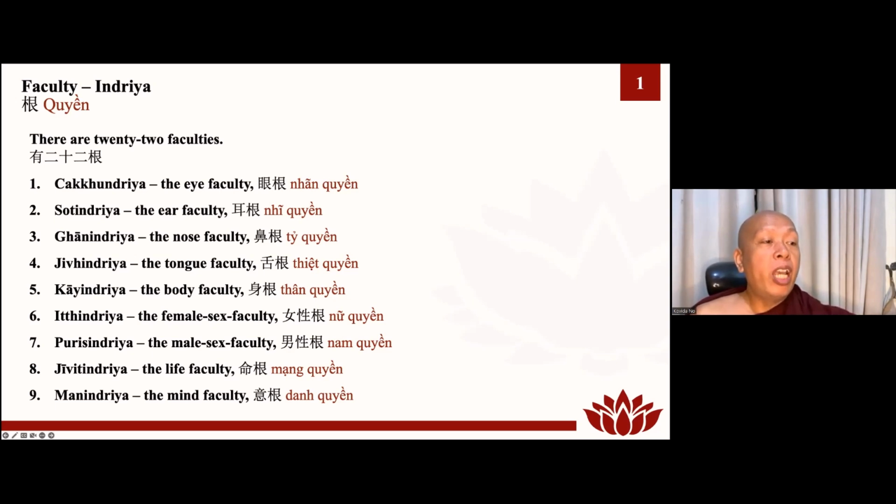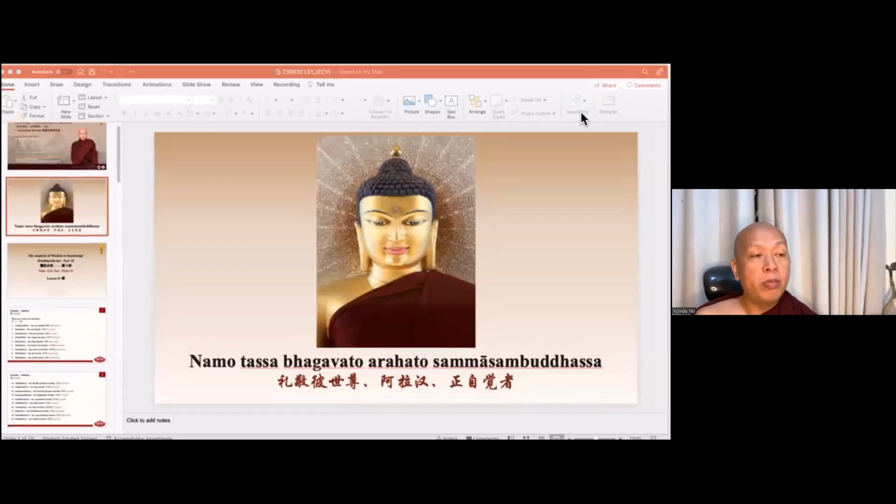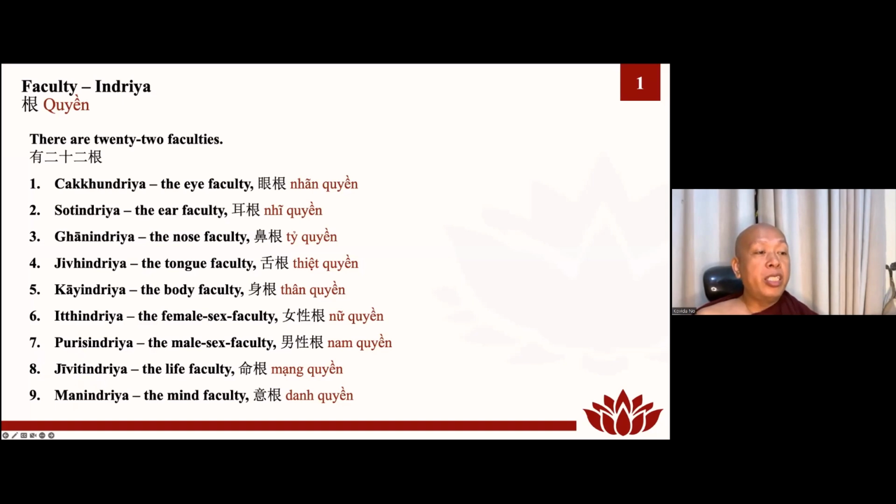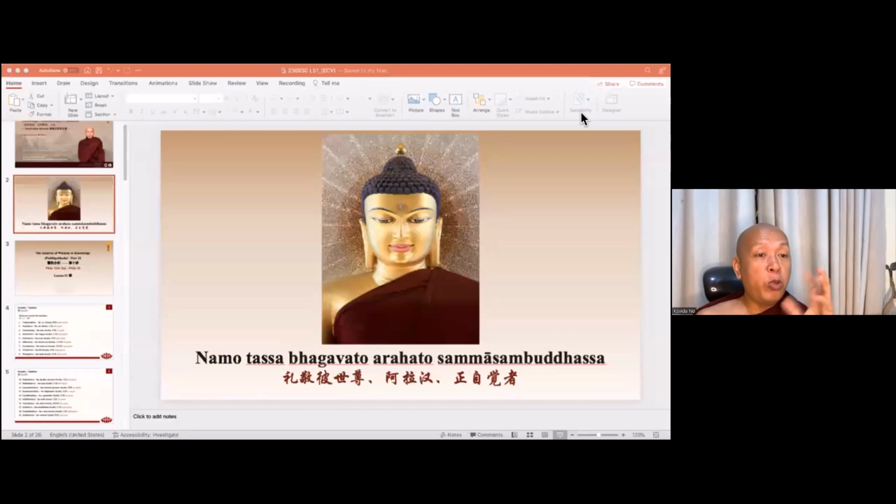Then again, we have Ghanindriya, nose translucency, called the nose faculty. On smelling, this is also a rulership, also a ruler. Not only that, we also have many other things. Later I will explain, but for now we should say very simple things. When we have a very good nose, we can smell easily. If we don't have a good nose, we cannot smell easily and clearly. And the next one is